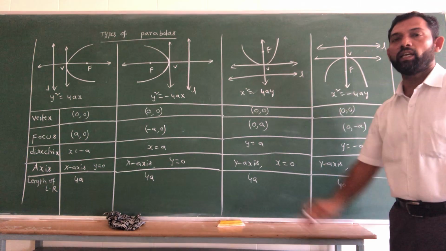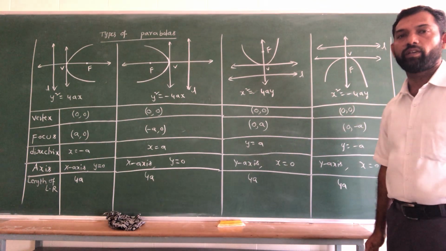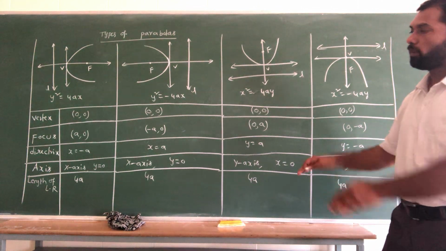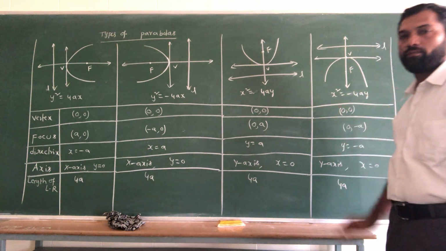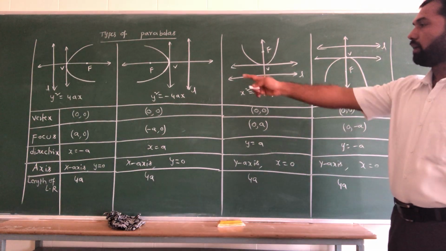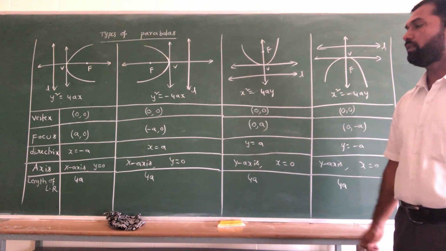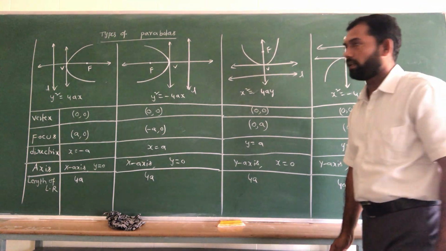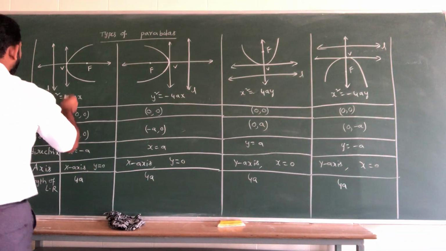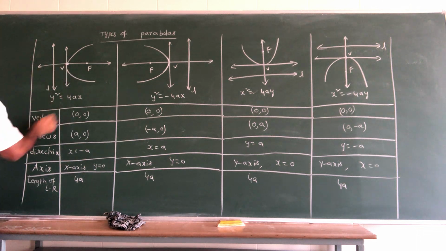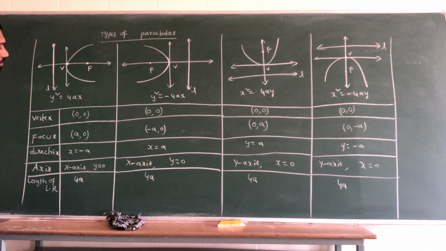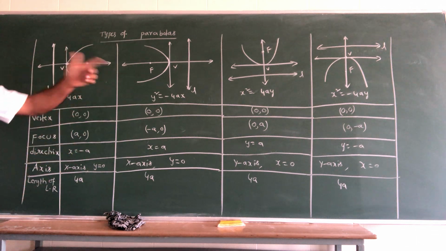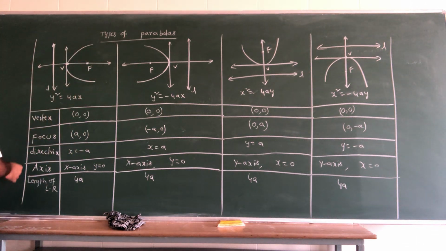So in each diagram, these points are very, very important. Okay? Many points are there, we will discuss them in the competitive course. First of all, you have to practice this. In the first diagram, vertex, focus, directrix, axis and the length of the latus rectum. See, once again I will show you. Vertex means this one. This is our vertex. This is our focus. Next, directrix means L. In every diagram L is there, that is our directrix.